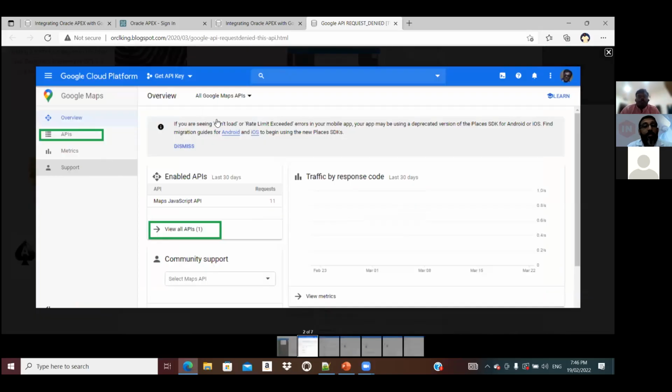You need to go to Google API console. There's an option called API. View all the APIs. See, here you can see the APIs that you enabled. We have enabled Maps JavaScript API. So that's what it is coming under the enabled APIs queue. And here, view all